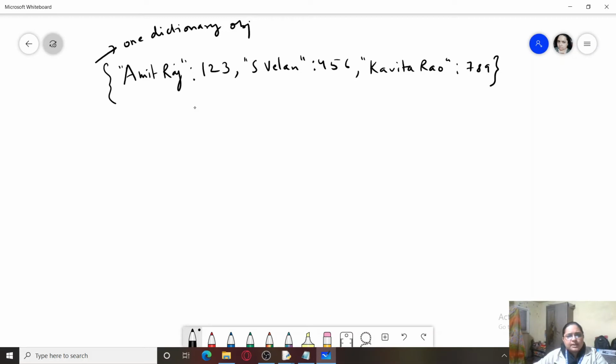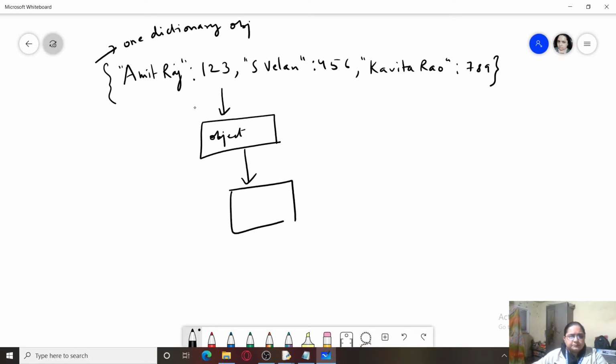So this one dictionary object has to be saved together in a disk file. This whole dictionary would be sent as one whole object to the binary file, and in the binary file, this whole object would be stored as one single unit. Next time when you store more values, they would also be stored in the form of an object. And then again, if you want to store another object, that would also be stored as an object. And at the end, you would have the EOF, that is end of file.